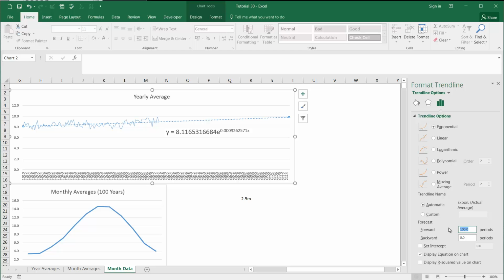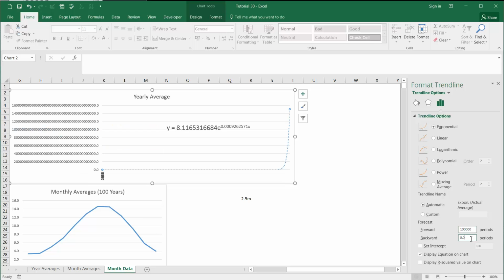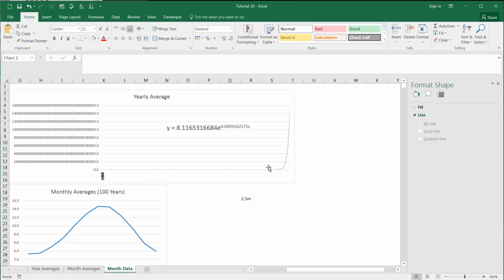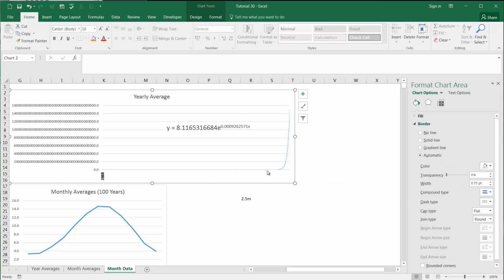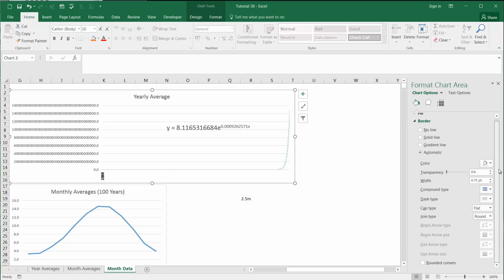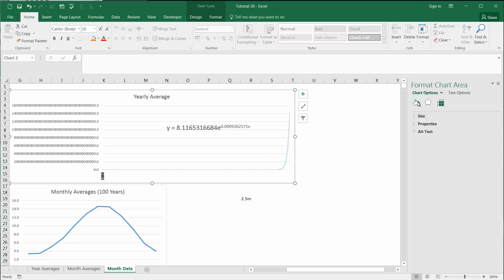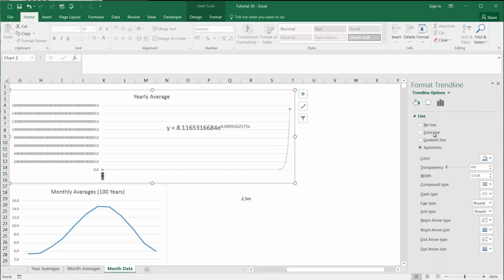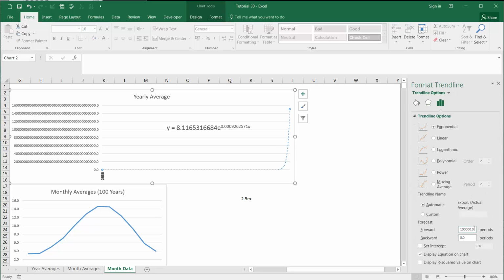So if I put this out to say 10,000 periods, which is a bit extreme, and probably too extreme, but you can see that it's going to go up a lot steeper towards the end and then be slightly curved in the middle. And so over time, the gradient is going to change, which in this instance, if I come back to our trend line and change this back to 100 periods,